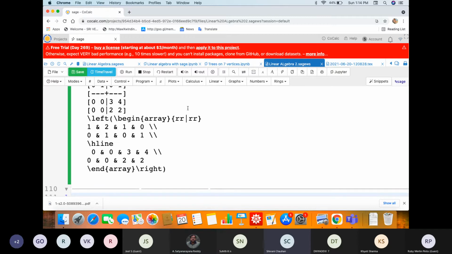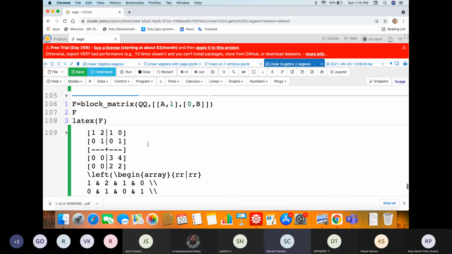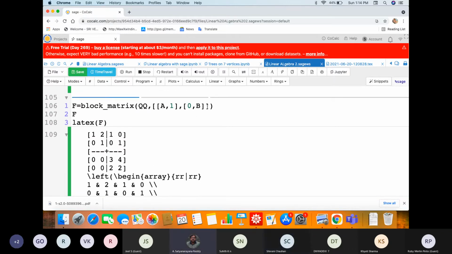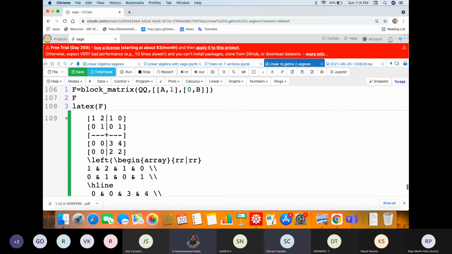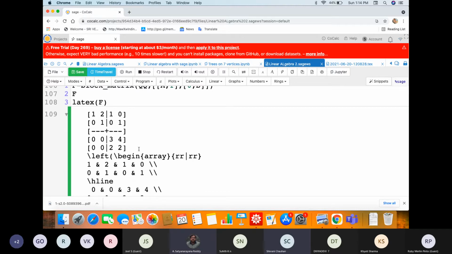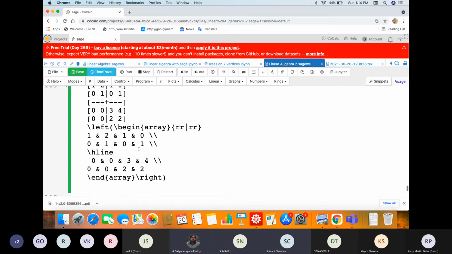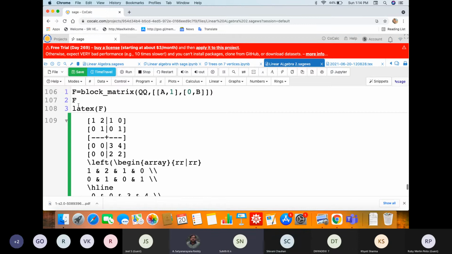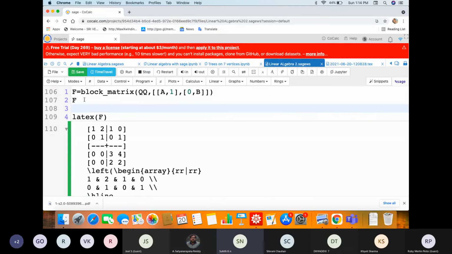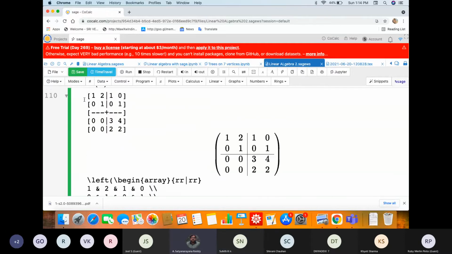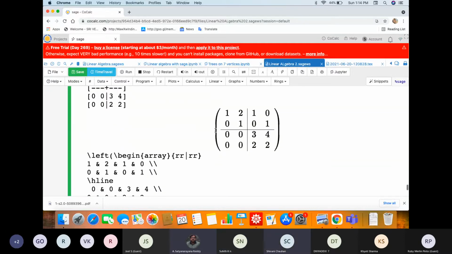Yes, that line is here and the H line is there. But how are the dots coming? It is because of the array. Shivani, can you show F and we'll see. That is the reason.